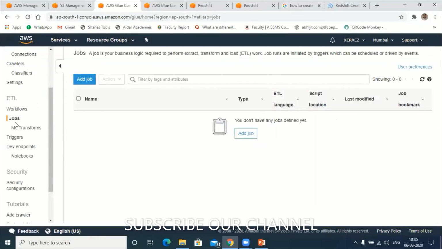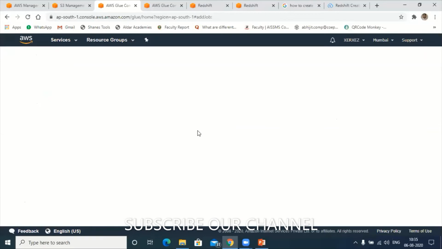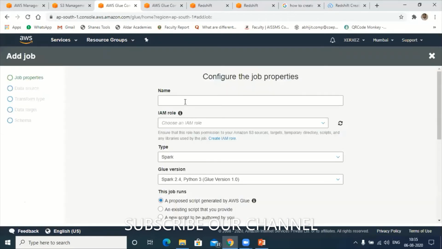So go to jobs here. Under jobs, add jobs. The name of the job, let's say, transfer S3 data. For the IAM role, I'll use the same IAM role.